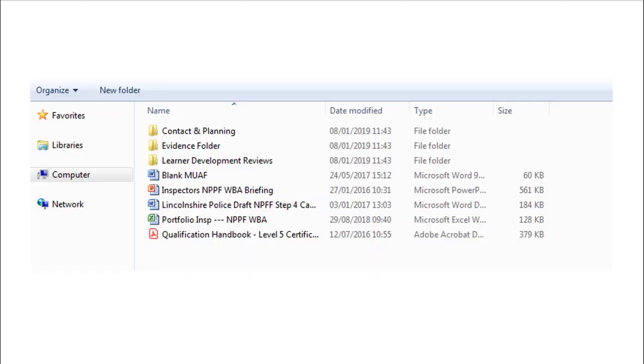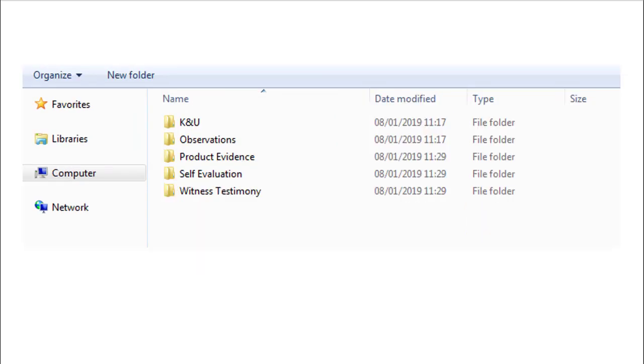Going back into the folder structure, the next one we'll look at is the evidence folder, and inside that you'll find 5 subfolders in which you'll store the different elements of evidence: the knowledge and understanding, the observation reports, any product evidence, self-evaluations and witness testimony. Now, with regard to product evidence, as previously stated, if the evidence exists in a secure silo, just leave it there and signpost as to where it is, and we'll discuss a little later on exactly